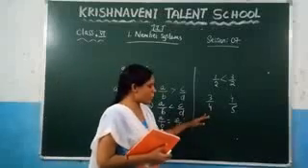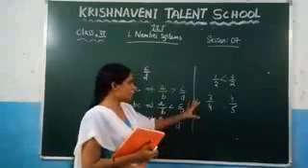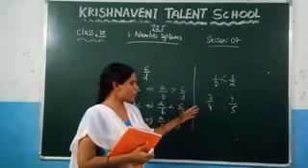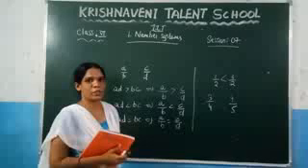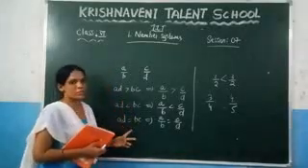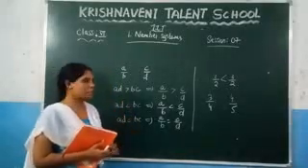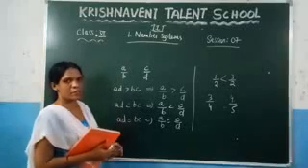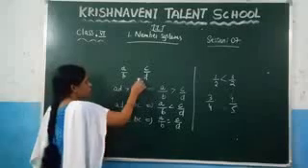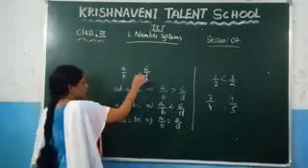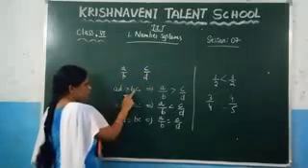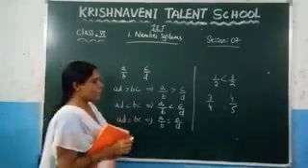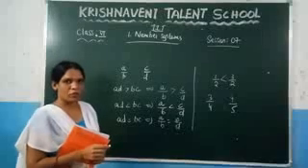Up to now, we have converted these fractions into like fractions, and after that compared them. But there is no need to do that. If you follow this method, you can directly say which fraction is the bigger fraction or the smaller fraction. For that, you need to cross multiply. Here you can observe AD, BC. That means you need to find the value of A and D and the value of B and C.